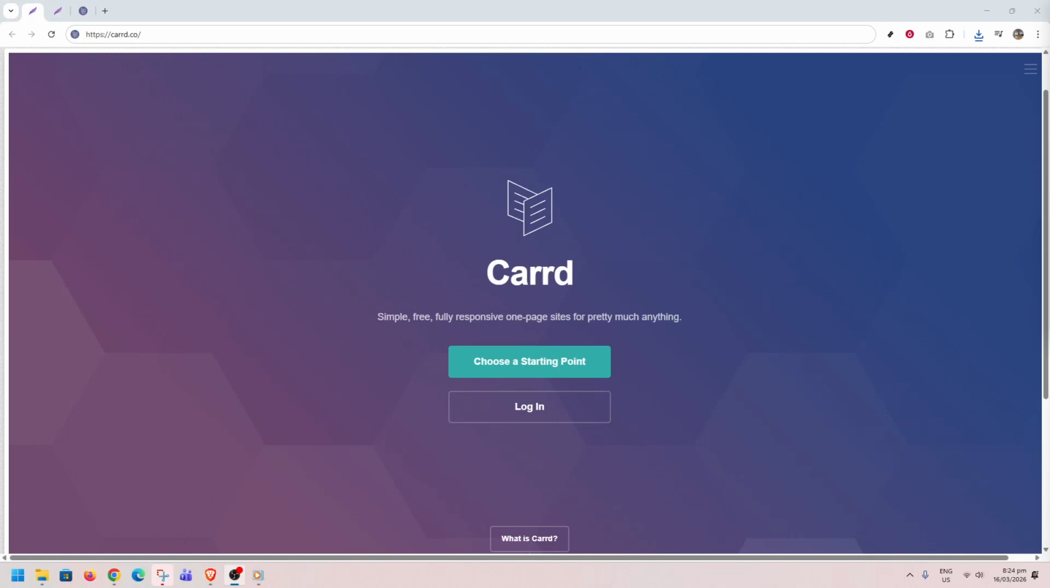In today's video, I'm going to teach you how to build a landing page with Card. Whether you're looking to promote a product, collect email signups, or simply create a simple and elegant web presence, Card makes it incredibly easy, even if you don't have any previous web design experience. Let's walk through the process step by step, so you can have your own landing page up and running in